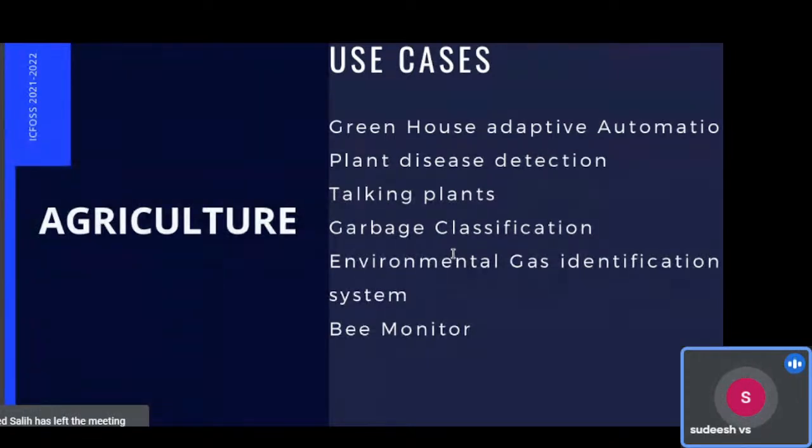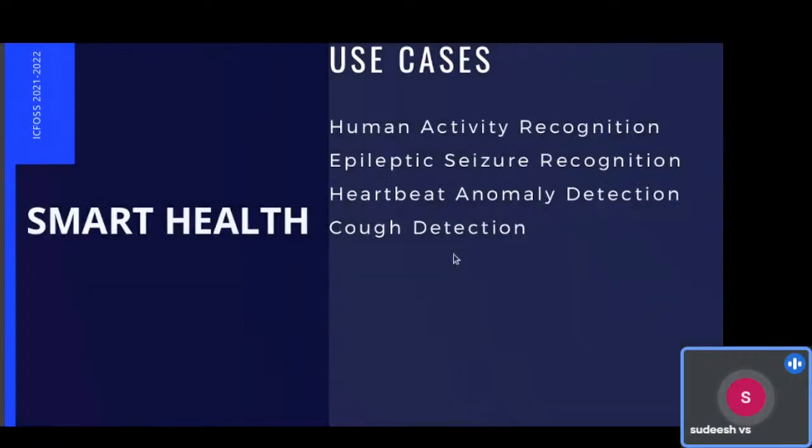And talking plants is a funny application where the plant tells you to water it, like commands, and you can create that kind of application using genetics. There are also garbage collection, environmental gas detection and bee monitoring, where we can monitor the activity of bees and whether the queen is present in your hive. These are some of the agriculture-based use cases.